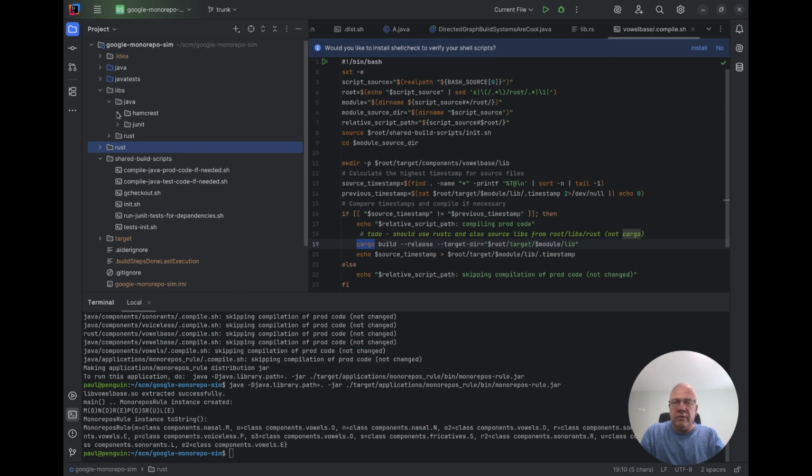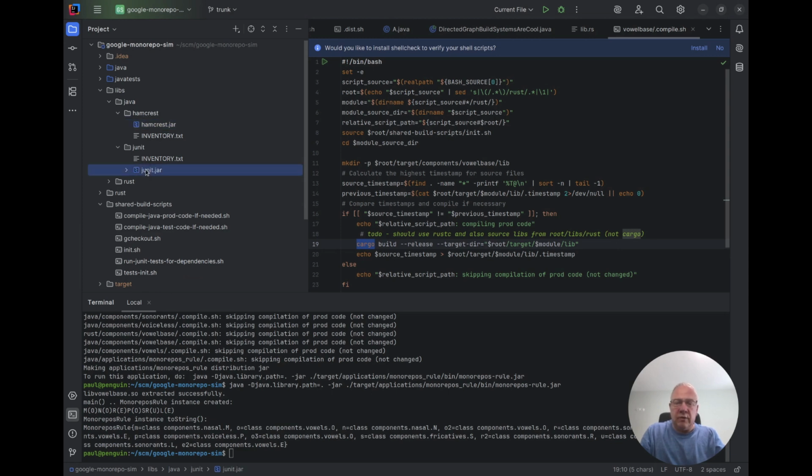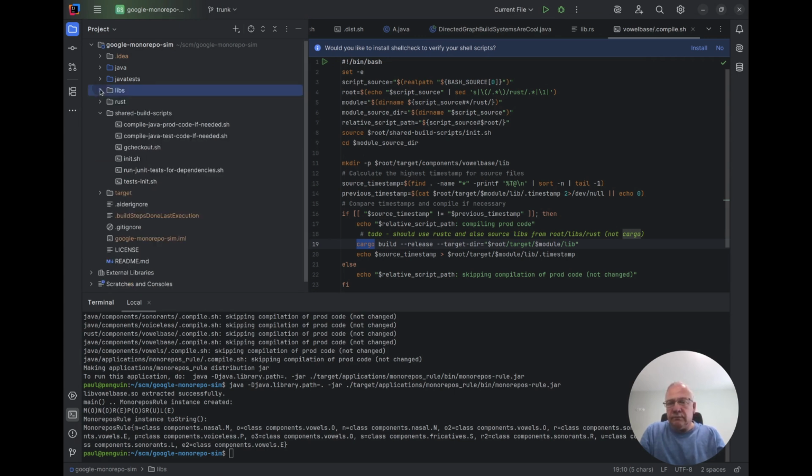So we're vendoring in binaries. Hamcrest and JUnit are both used by the tests, and they're put in here without a version suffix. So that would mean that everything in Java tests that needed JUnit would depend on the same version of JUnit. And this allows for your lockstep upgrades, but it was also maybe problematic. There's some folklore from the middle 2000s where the actual upgrade of JUnit from 3.8 to 4 point something was hard and couldn't be completed easily by a summer intern. So there we have the directory structure, some shared scripts,